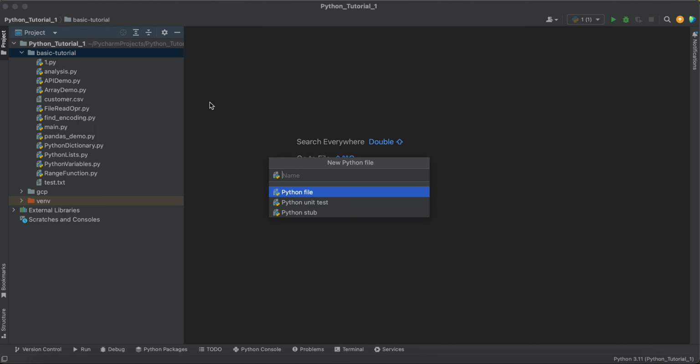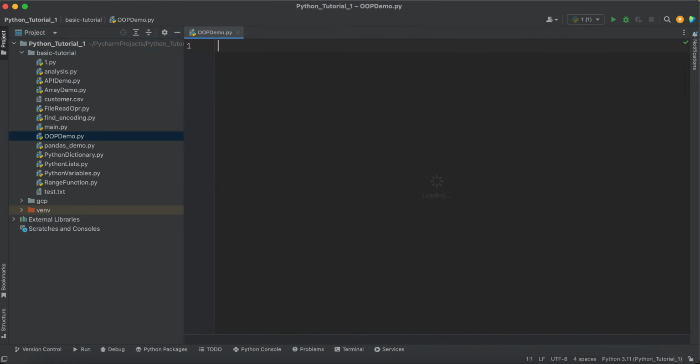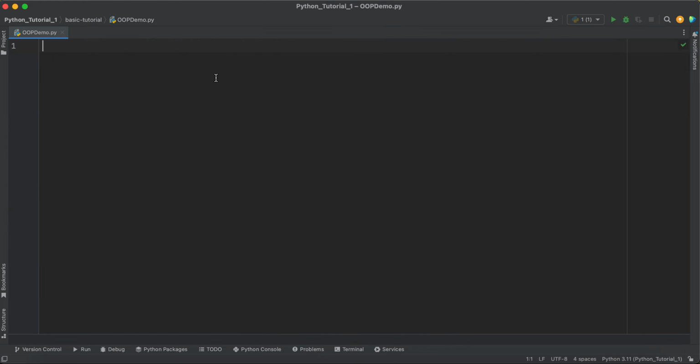So for that, let me create one Python file as OOP demo, and let's try to understand how we can create a class in Python. As in most languages, as you already know, creating a class in Python as well starts with the class keyword. Let's say I want to create a class named Person,